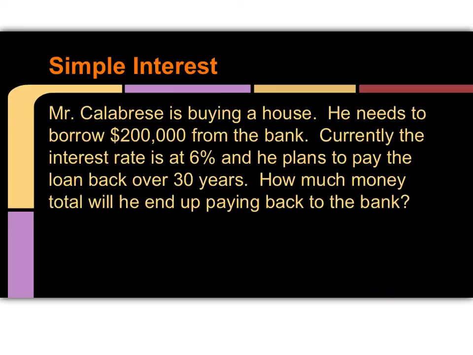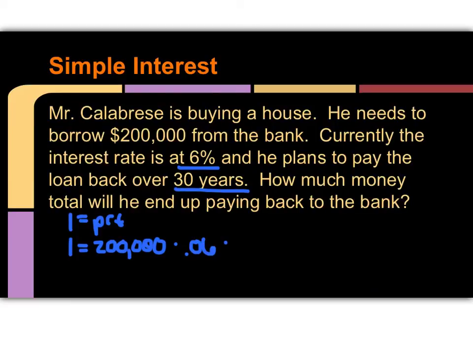This is a real type of situation. Some houses do cost $200,000, and you do borrow the money from the bank. So let's see what happens. How much interest would he be paying back? Start with I equals PRT, just to find the interest first. The principal was $200,000 times the rate of 6%, which is 0.06, times the time in years, which was 30, and you get